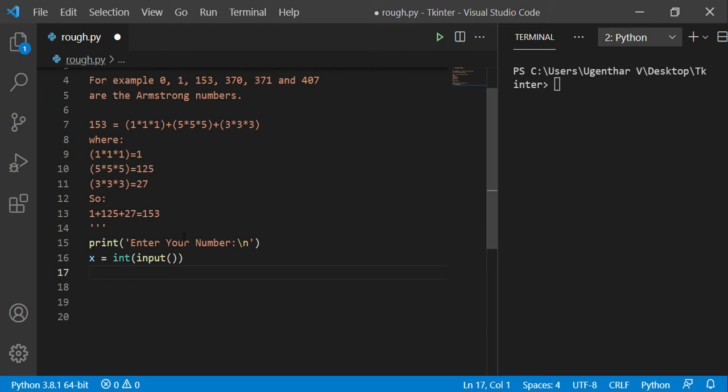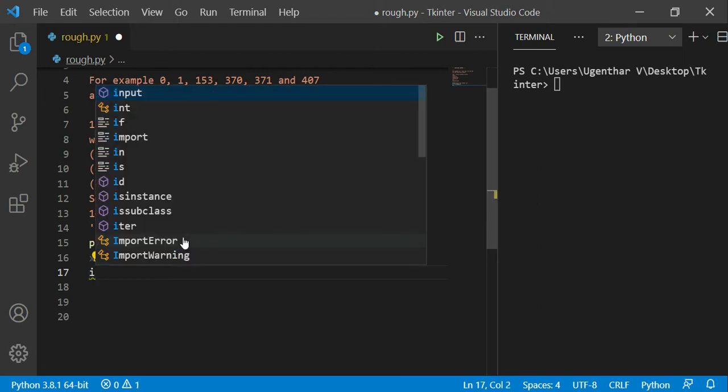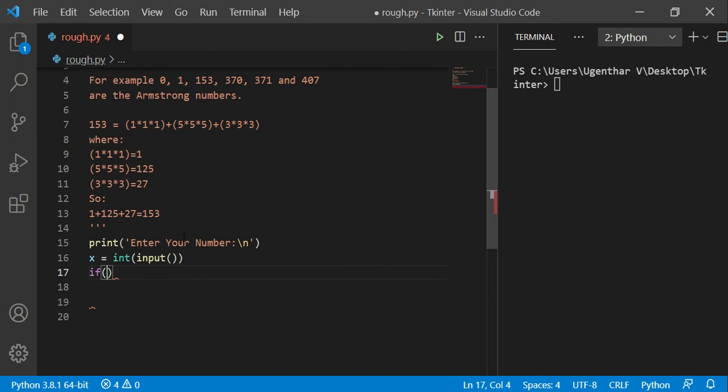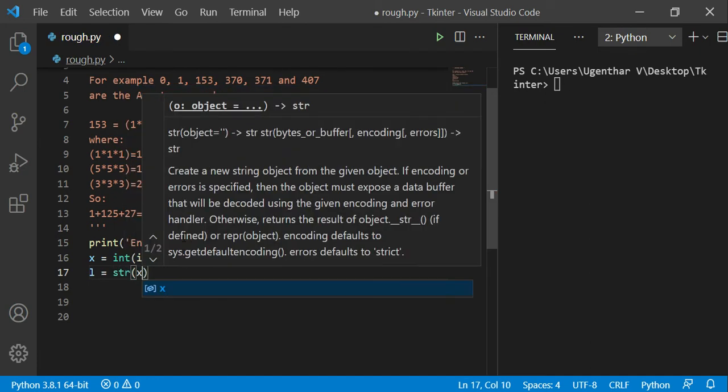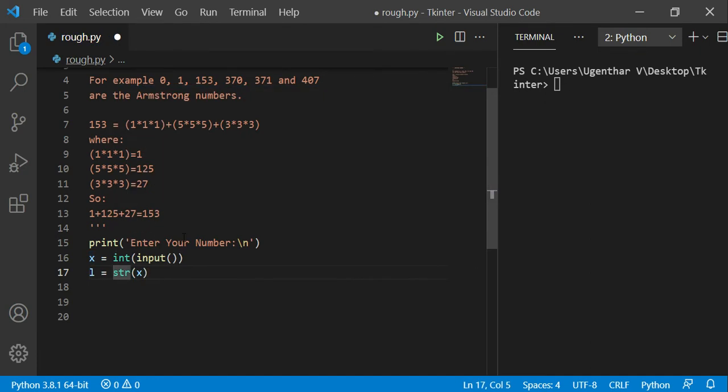Now let's take the length of the input, L is equal to len of str of x. We are converting the int to string in order to get the length.